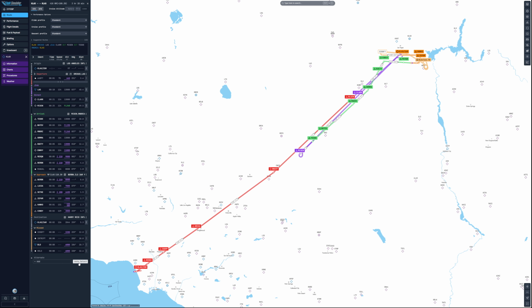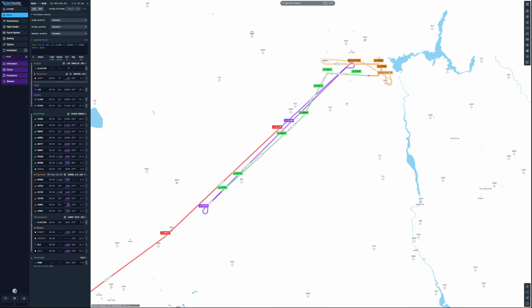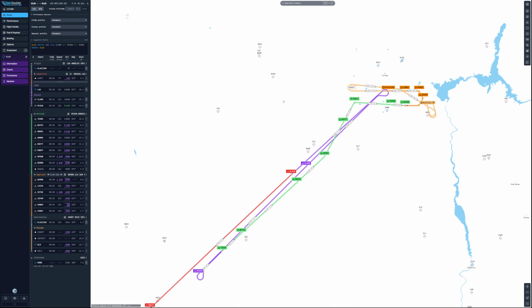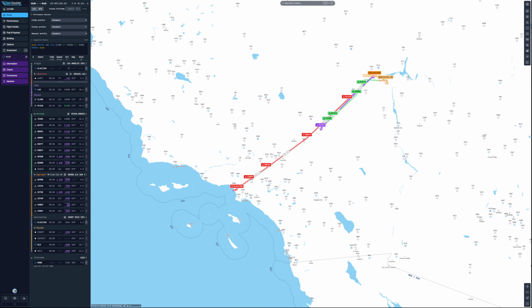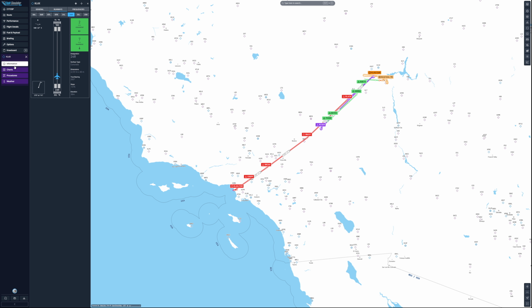You can also have an alternate. Let's go auto on alternate, and now I have all the flight plan with all the alternate, hold, the missed approach, everything is here, and you can see and change if you want information. You can change altitudes and so on, everything. And now here you have information about